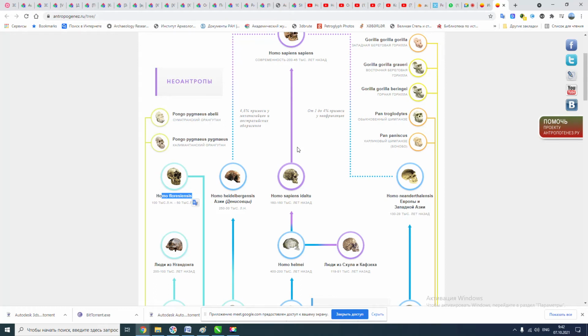And if I wanted to marry a Neanderthal girl, for example, the chance to have a baby is 1 in 100. You know what I want to say. We were a little bit different, and they were another type of people. For example, in Azerbaijan, in Azık cave, as you know, everybody knows about this.